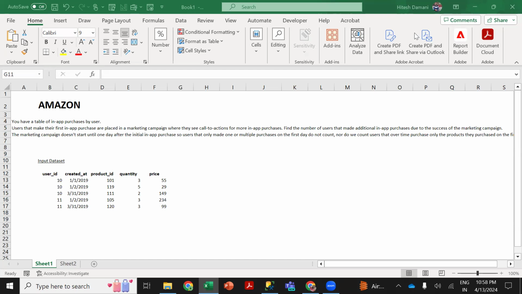So guys, today I'm back with another interesting SQL problem. This problem is a really interesting one, and we usually get these kinds of use cases in the real world or while